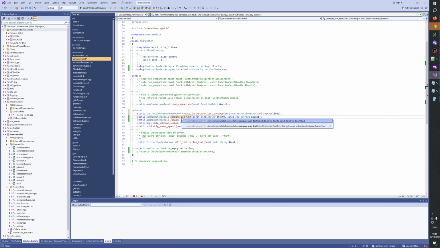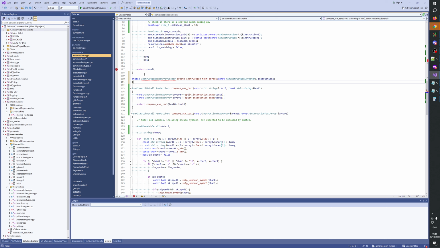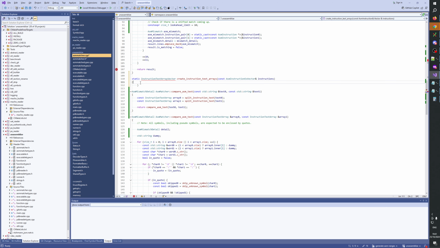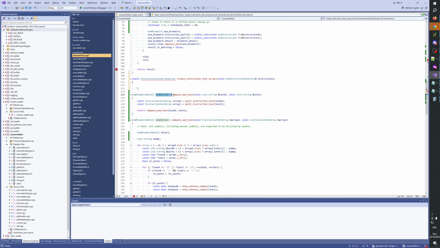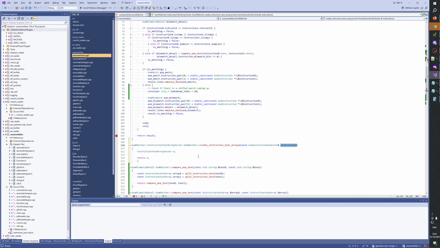So we create a new function here, and we do ASM match instruction array vector v, return v, and then we simply do ASM instruction x for this